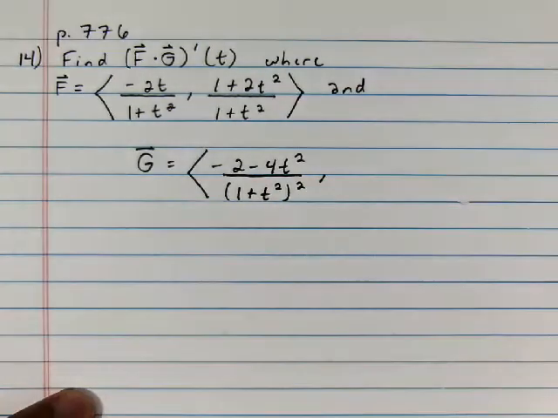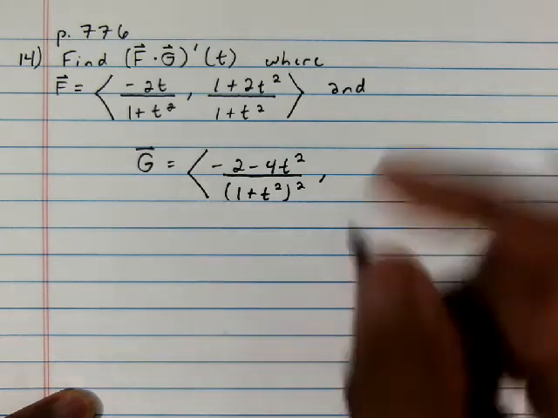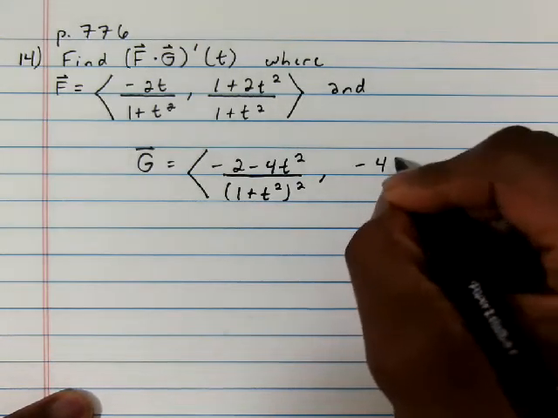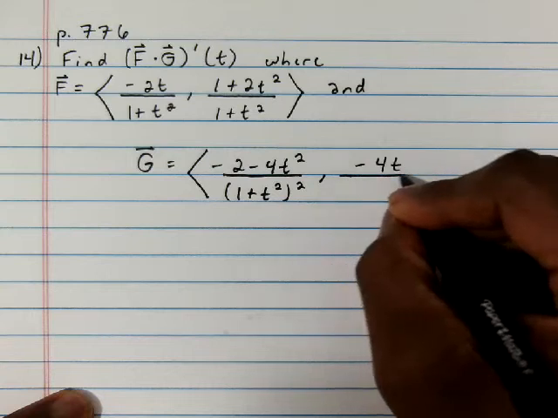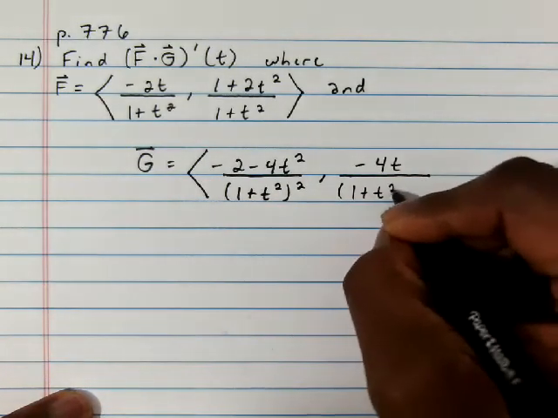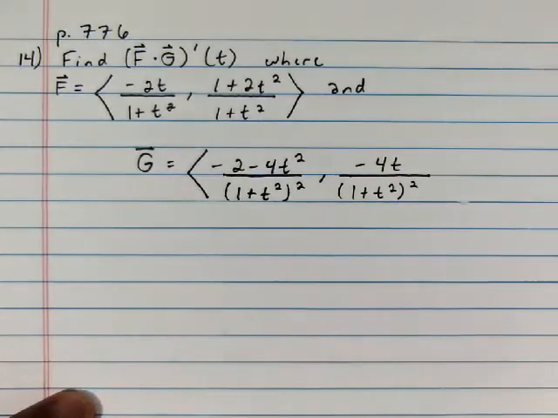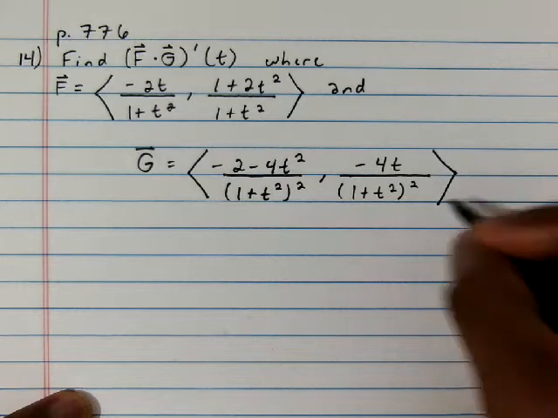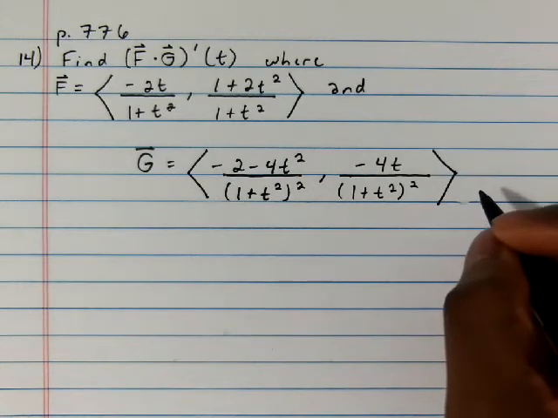And then the second component is negative 4t over the same quantity 1 plus t squared quantity squared. All right, so those are the two vectors. So now, according to the